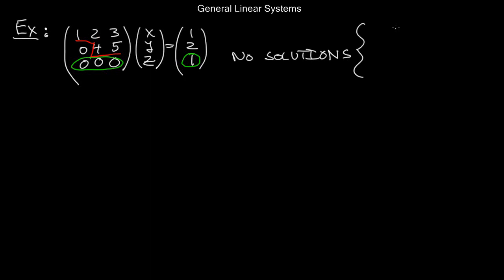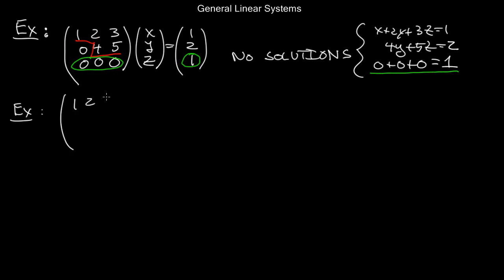And just to see why that is, remember this is really the following 3 equations. The first equation is this, and the second equation is this, and the third equation is 0 plus 0 plus 0 is equal to 1, which doesn't have any solutions in any universe that I know of. Okay, so